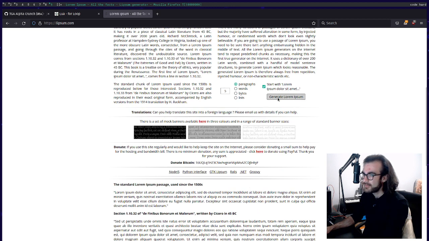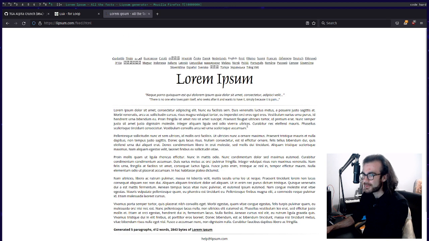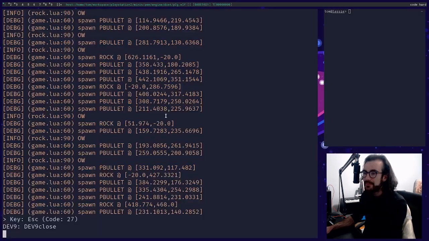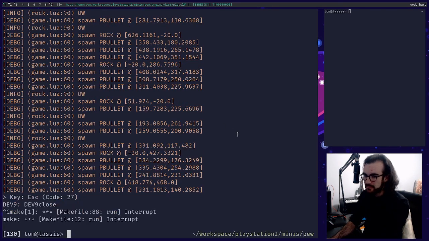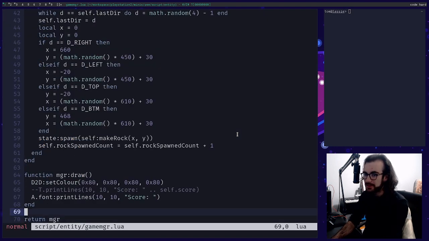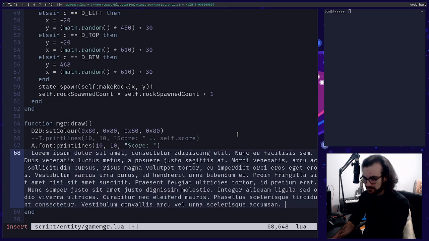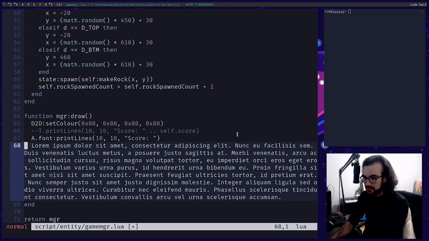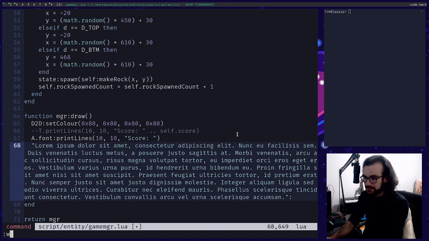Get me 5 paragraphs of lorem ipsum. I'm just going to grab this bit. Entity game manager.lua. Okay, so let's print some more lines.